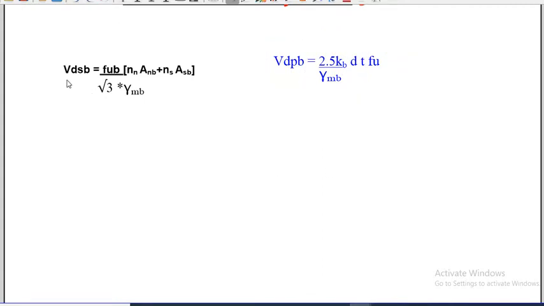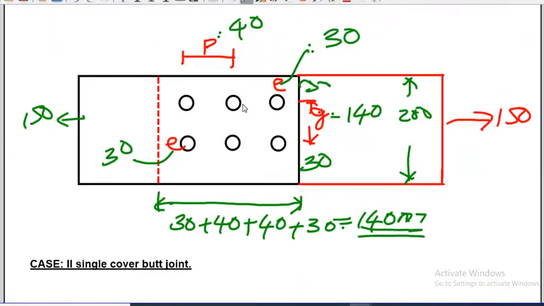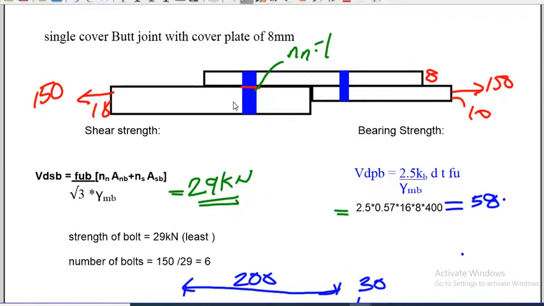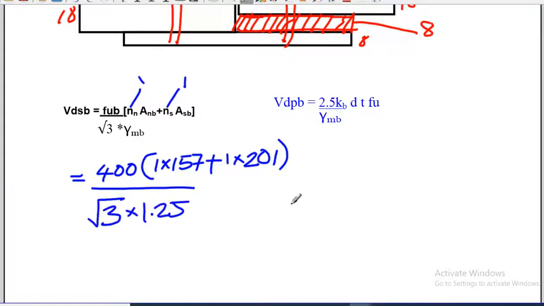Here, let us write down everything. As I have been telling you before, when you have a double cover butt joint, NN you should take one, NS also you should take one. There is only this difference coming here actually. So let us find out everything. This is 400 into 1 into 150. ANB is 157 plus NS is equal to 1, and this is 20. ASB, the area of the shank, is somewhere here 201. And all divided by root 3 into gamma MB 1.25. So this is coming to be VDSB. It is coming to be 52.21